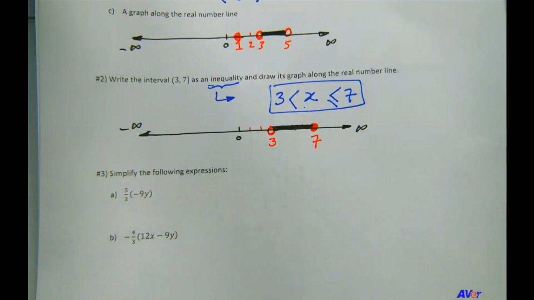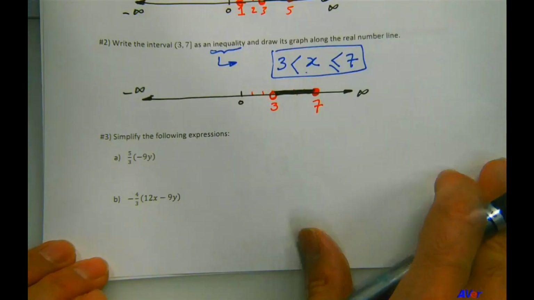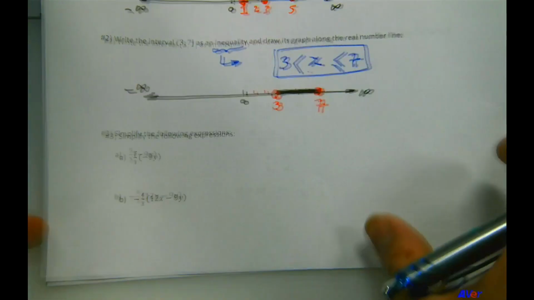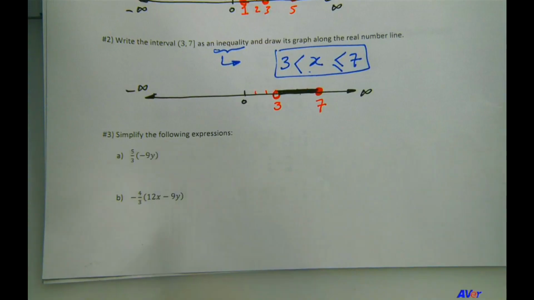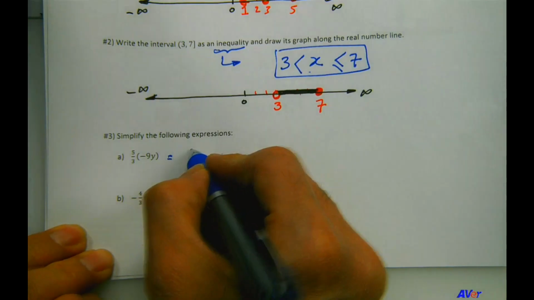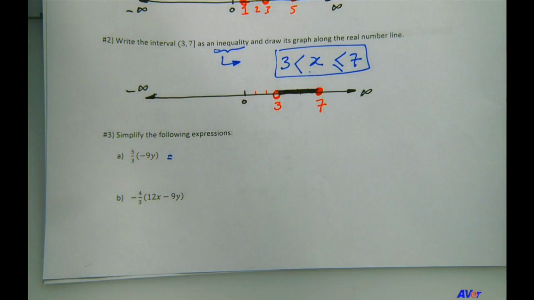Okay, so here we want to simplify some expressions. This makes use of a lot of rules and properties we learned in Math 124. So it says simplify the following expression. Okay, so this is equal to, and by the way, throughout this course, I might forget to mention this. When I do remember, I will say it. But if I do forget it, please remember that